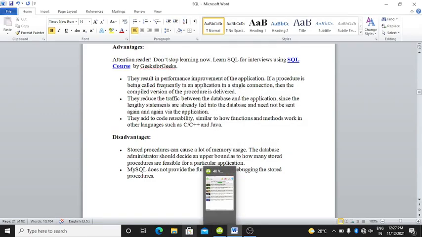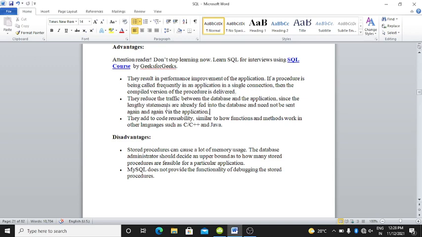Advantages here. First advantage is the resulting performance improvement of the application. If a procedure is being called frequently in an application in a single connection, then the compiled version of the procedure is delivered.